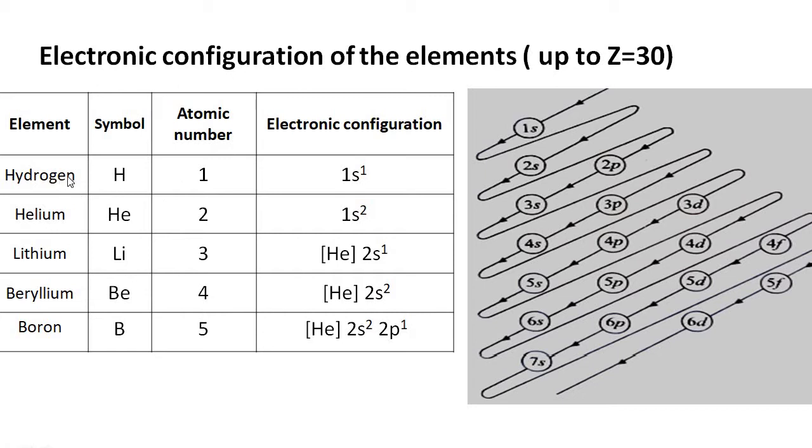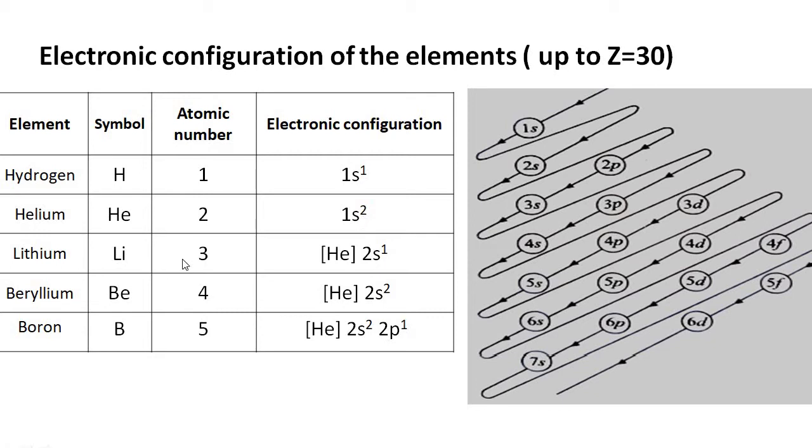Here, in case of hydrogen atom, the first element has atomic number 1, that is, it has 1 electron. Electronic configuration is 1s1. That means we have to fill the first orbital 1s by 1 electron. Therefore, it has electronic configuration 1s1. For helium, symbol He, atomic number 2, the second electron enters into the same orbital, the 1s orbital. That means pairing of electrons takes place, which follows the Hund's rule.